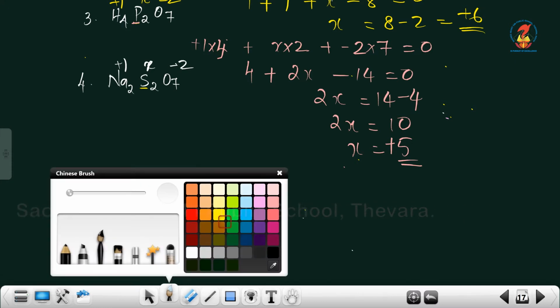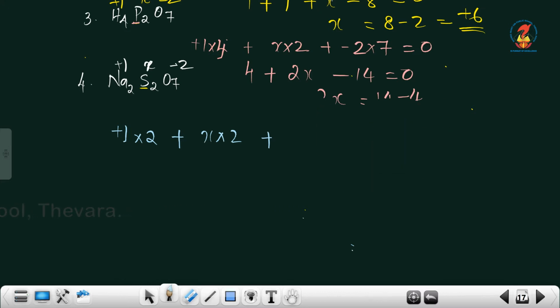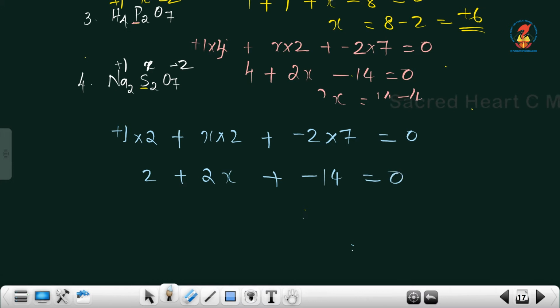So we can write it as plus 1 into 2 plus x into 2 plus minus 2 into 7 equal to 0, because it is a neutral species, the sum should be equal to 0. So 2 plus 2x plus minus 14 equal to 0. So 2x equal to 14 minus 2, that is equal to 12. So x equal to,